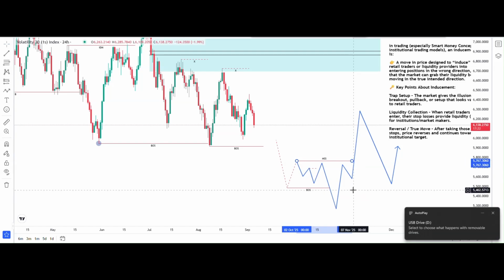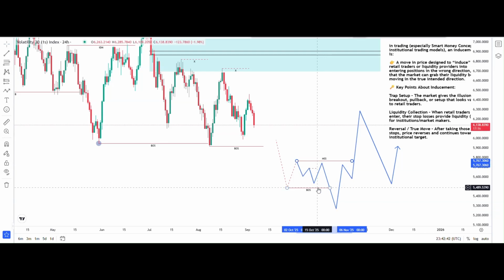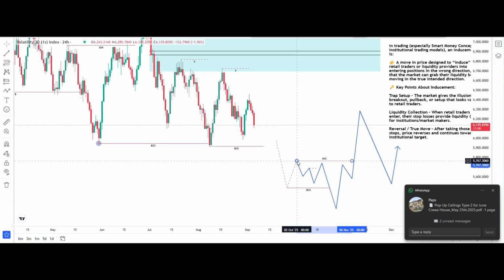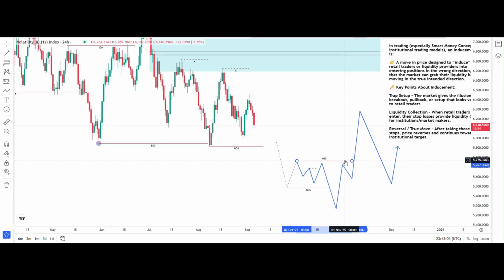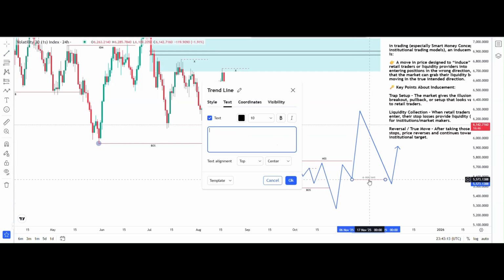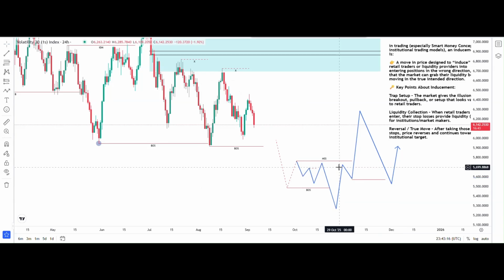And looking at the same concept, just like we have this high point that caused the shift or the break of structure, while we have the extreme high point here, which is denoted as the market structure shift, it's the same thing. We have a pullback that failed to take out the market structure shift. Then we have a minor pullback, and then we have a push here that breaks the market structure. So this would have been our area of inducement, our trap,